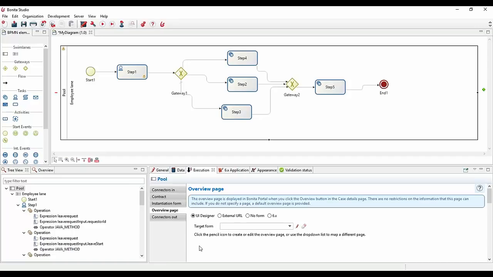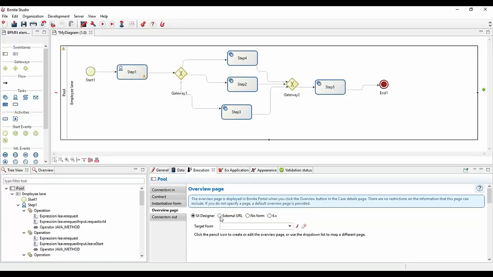As I told you, you can design directly from the UI designer, but the reality is that it's not the only option. You can even have your own custom web application that is doing whatever. You can use Liferay, you can use whatever. At the end of the day, as soon as you have contract information, you will be able to make a REST API call, and this is actually what a regular UI designer form is doing. At the end of the day, what it is doing is to make a REST API call with some JSON that is in the right format to make sure that it fulfills the contract information.